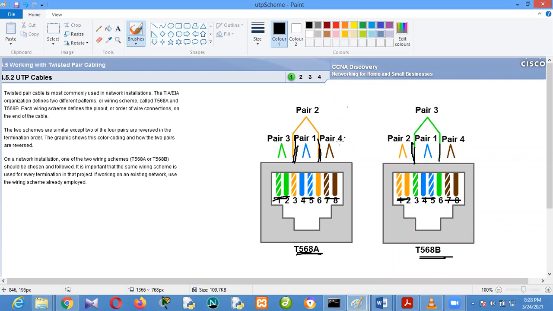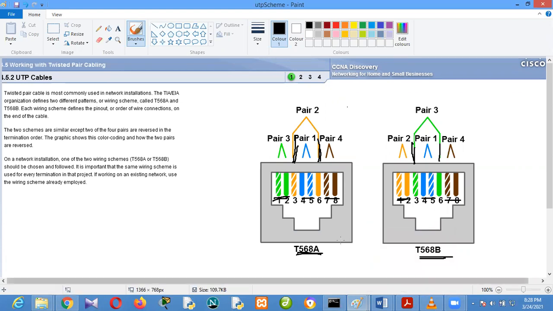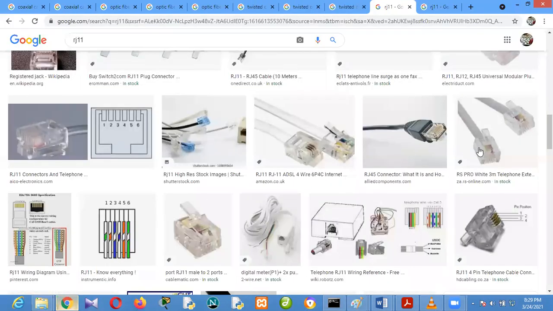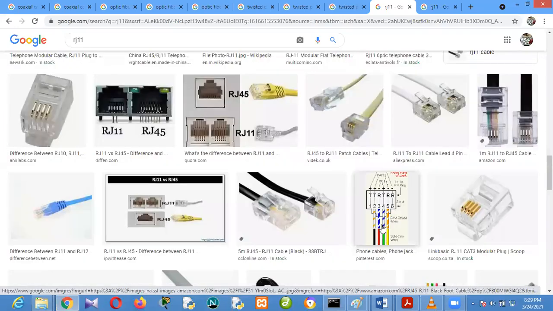Okay. So when you come tomorrow, I need to show you how to terminate cable. If you don't know about that before, it's important that you know how to terminate cable. Or even, you can still check YouTube on how to terminate cable too. But for us to check YouTube, it might take our time. But just know that that's how to terminate it. You have to arrange your cables this way or that way before you slide it into the RJ45. When you finish arranging it the way I showed you, the RJ45 is supposed to be